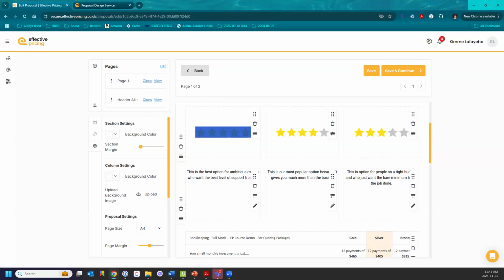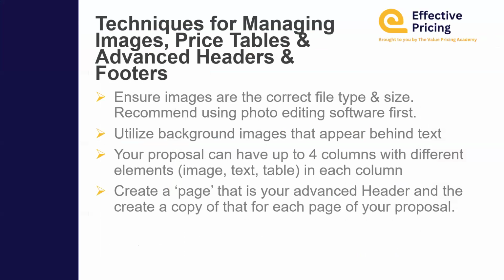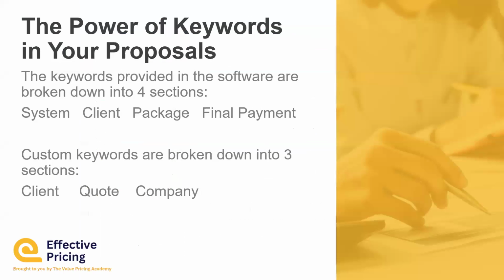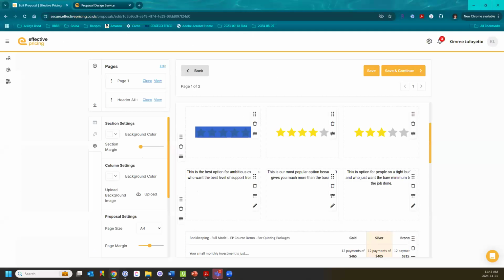All right, let's move in to looking at keywords. All right. We're going to go back into the software. Throughout the first 5 sessions of the course, I've often referred to keywords, how important they are, how powerful they can be, how they can integrate with your proposals. So